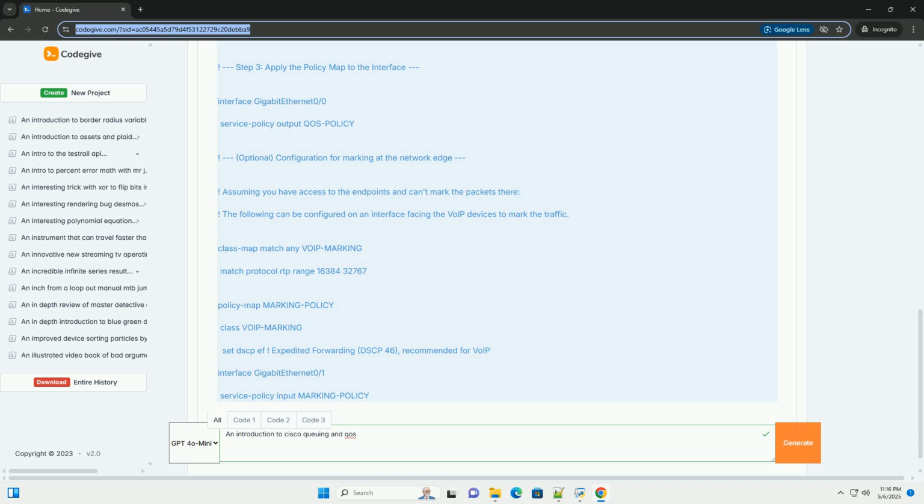Cisco QoS configuration steps: 1. Classification: define traffic classes based on specific criteria. 2. Marking: mark packets with appropriate DSCP or CoS values. 3. Queuing: configure queuing policies to prioritize different classes of traffic. 4. Policing/shaping: implement policing or shaping to control traffic flow. Cisco QoS configuration examples. Scenario: